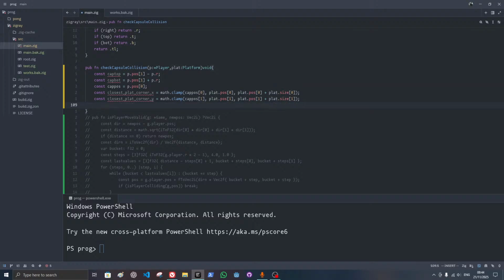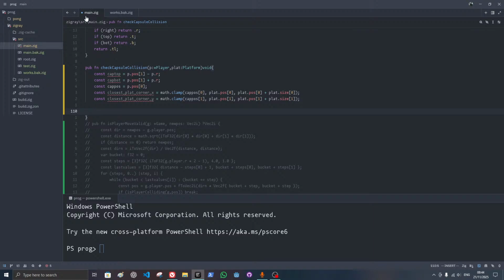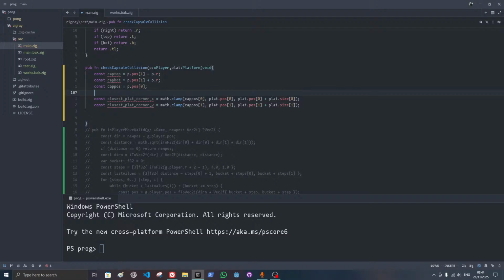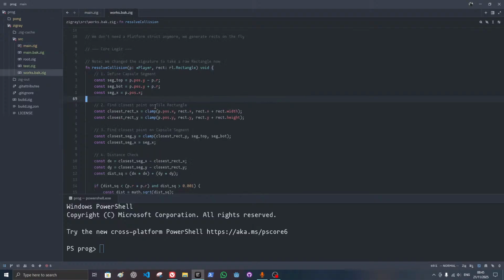Okay, so first we find the closest corner to the player. Find the closest corner of the platform to the player, to the capsule center. Next one is